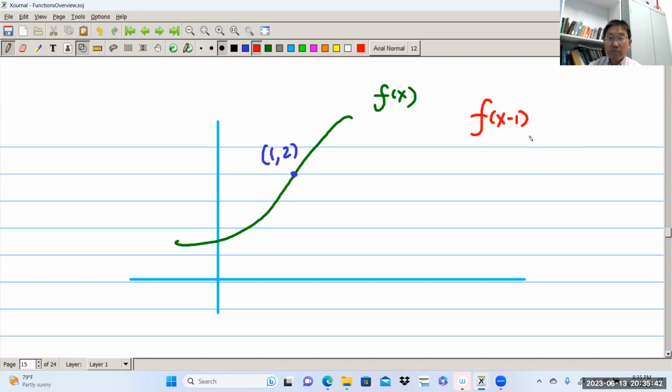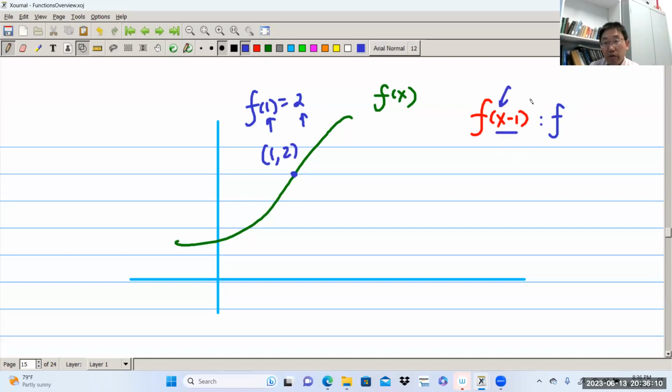For f of x, we know f at 1 is equal to 2. So you get this point here. But for this f of x minus 1,